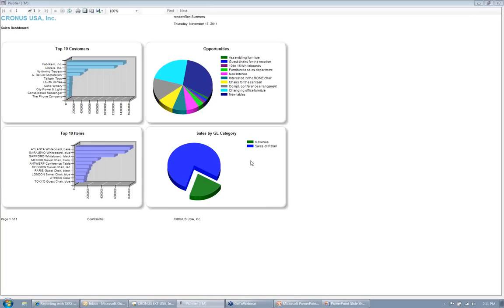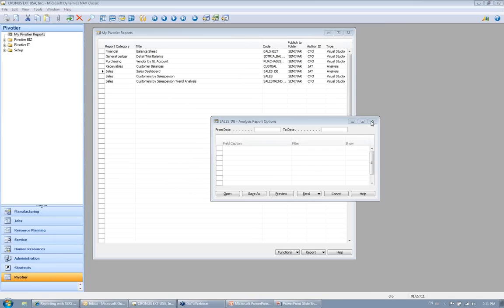And then here's our sales by category, by GL category, so we can really see where all our revenue is coming from and what's our biggest revenue producer. So these are easy dashboards, as we say. They come right out of the box. You can install them and run these reports right as soon as you install it, and you'll be able to get all this information right at your fingertips to make better, more informed decisions within your